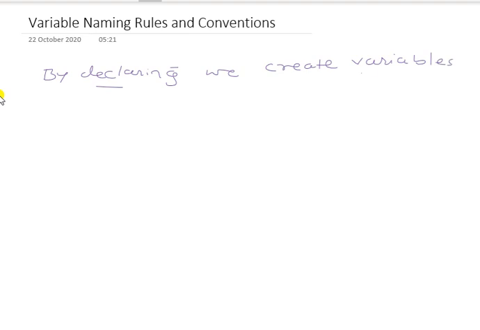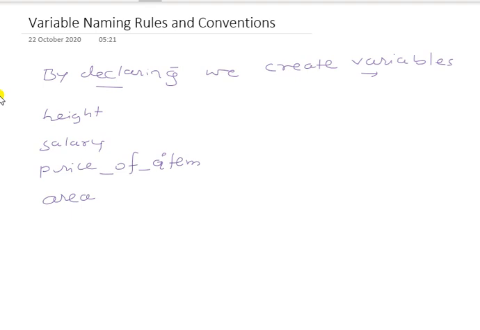Right now let's create a variable, like we name it. If you want to name, so just now I named height, salary, price of an item or price of item, area.